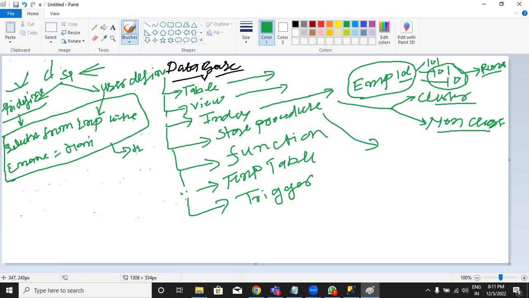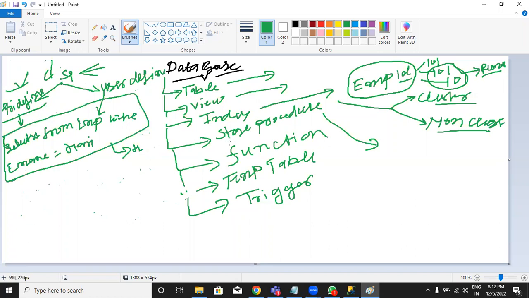Each time I need to write the same query. So for removing this task of writing this query every time it is required,